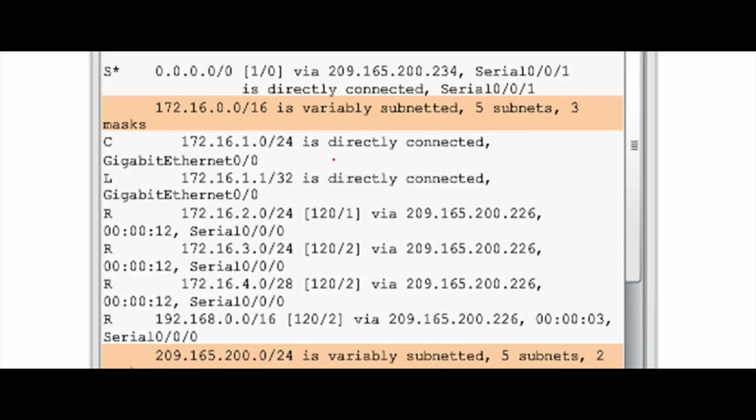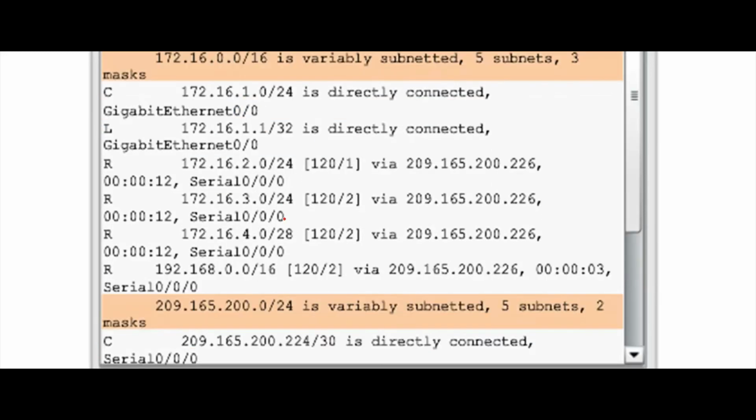You can see here, /24. What is the class? /24 means what? Can anyone answer? /24 belongs to which class? The CIDR value, which class is it? Class A, class B, class C? C. Class C. So this is a classful IP address. /24, this is class C, this is classful, they have not done any subnetting.